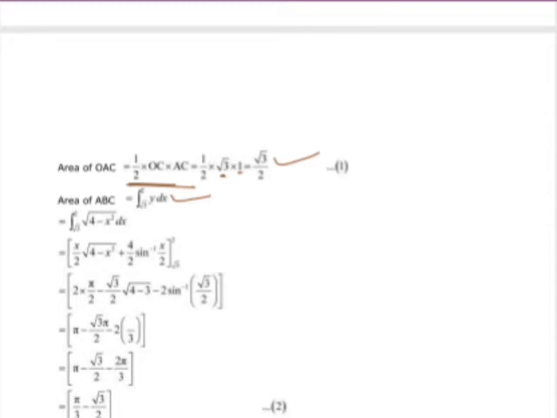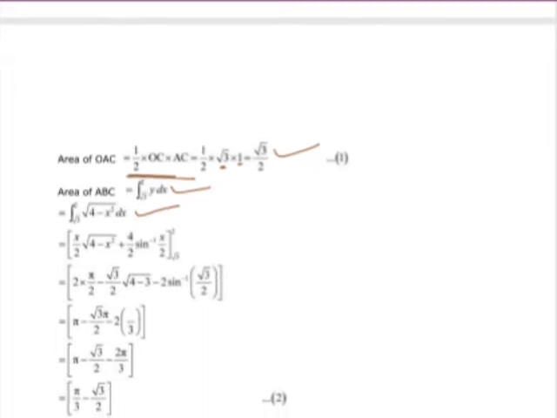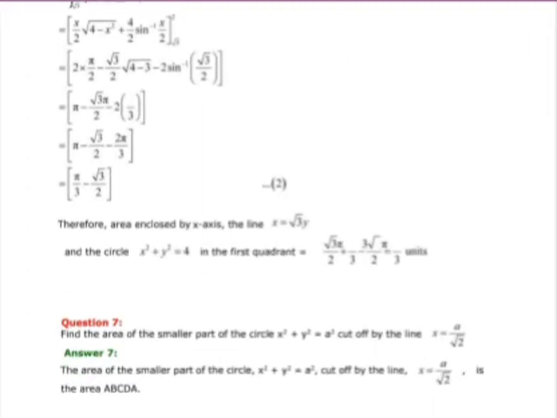The area of ABC is the integral from root 3 to 2, where the y value is under root of 4 minus x square dx. So again, this is in the standard form. Now apply the standard form and substitute the limits, and simplifying we'll get the value pi by 3 minus root 3 by 2. So therefore the area enclosed by the x-axis, the line x equals root 3y, and the circle x square plus y square equals 4 in the first quadrant is